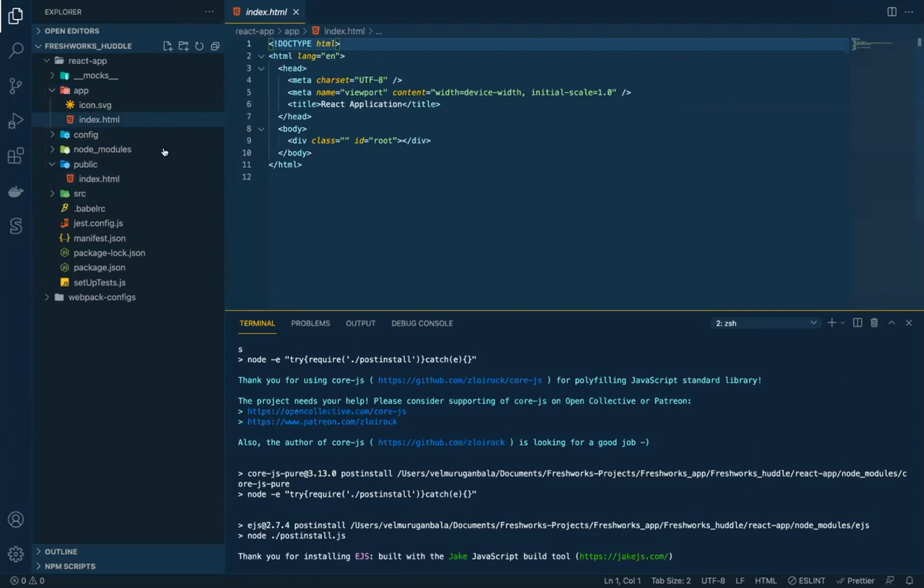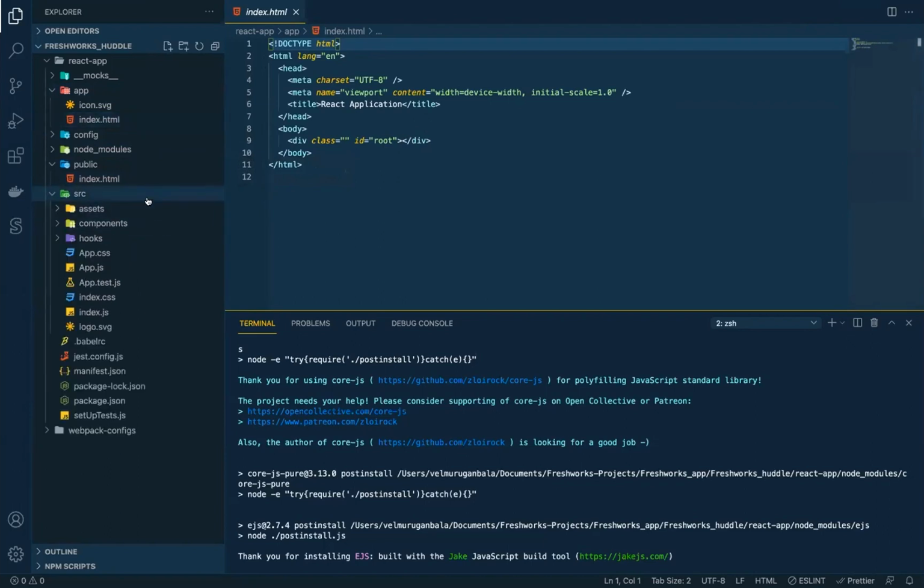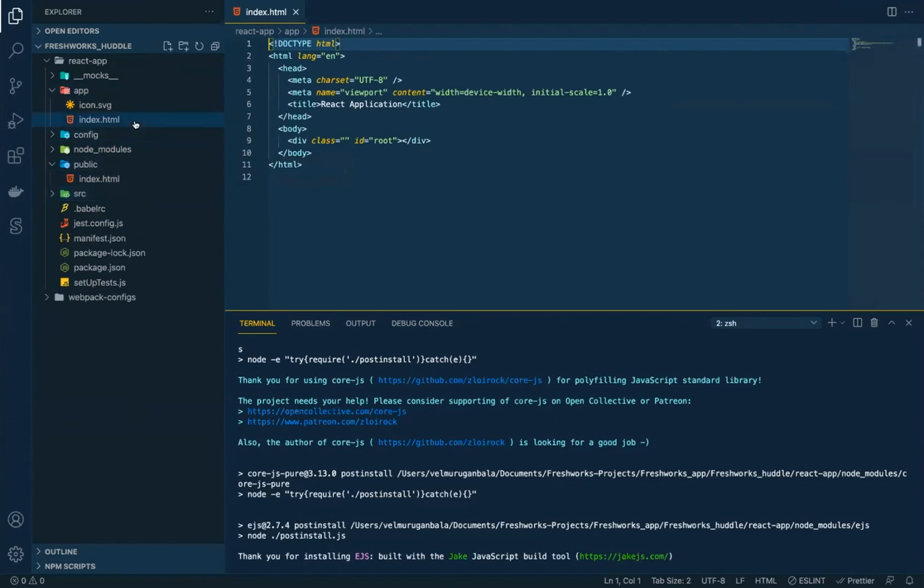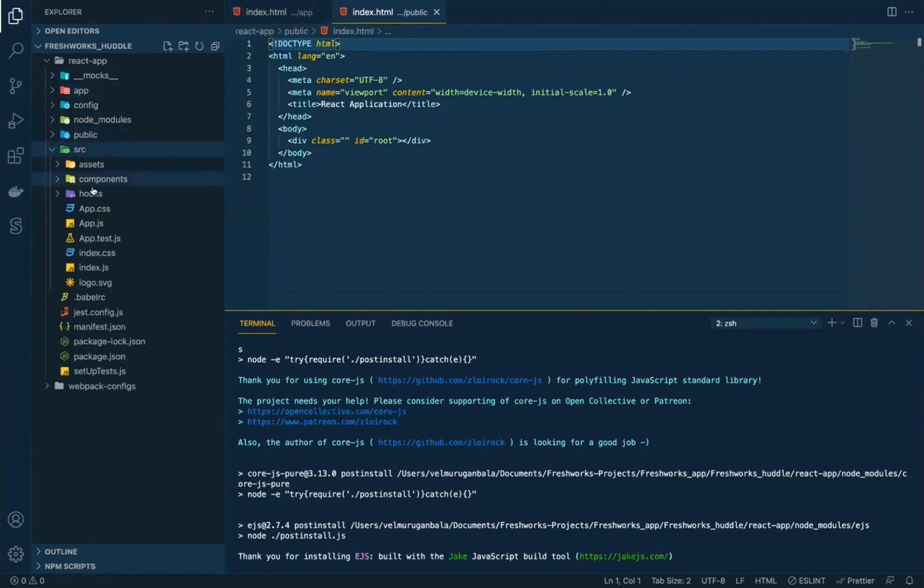So if you want to include something like a CDN, you will not include it directly in the app's index.html, because that will be overwritten often whenever FTK runs. Make sure you put the CDN links in this public index.html, because this is the template for that index.html. Right?